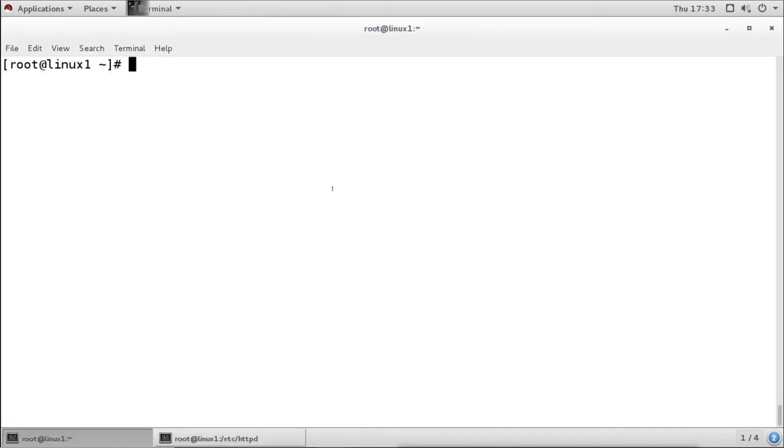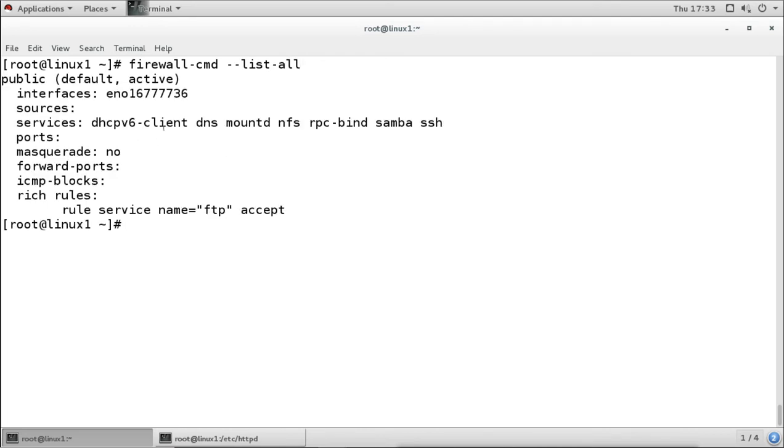Now when we check the firewall, it says DNS is allowed and other things are allowed, but it is not allowing HTTP. So we have to allow HTTP, and for that we will run the command firewall-cmd. I want to allow it permanently. Add the service http.